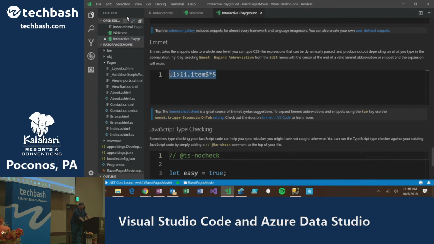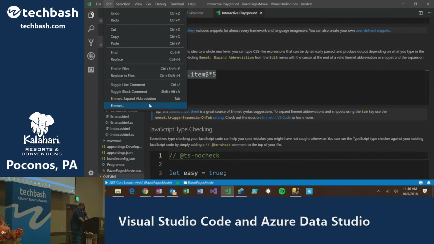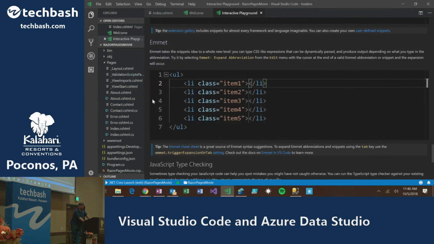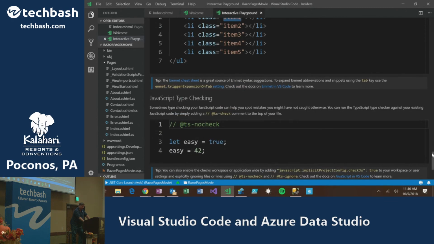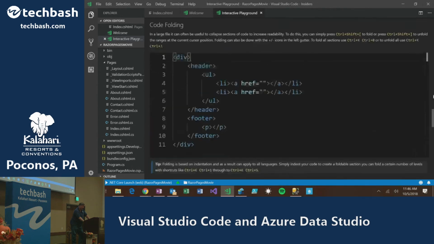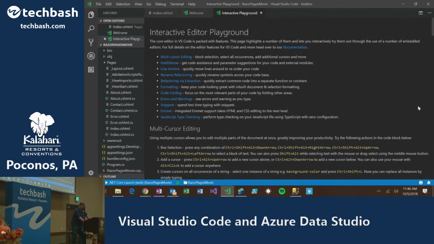So you take that, and you go to Edit, and you say expand Emmet abbreviation. And it turns it into that. There's a whole shorthand notation, and people that do a lot of web page design rely on this. Did you see that it actually took the items and numbered them correctly? Pretty handy stuff. So look that up if you have a chance.